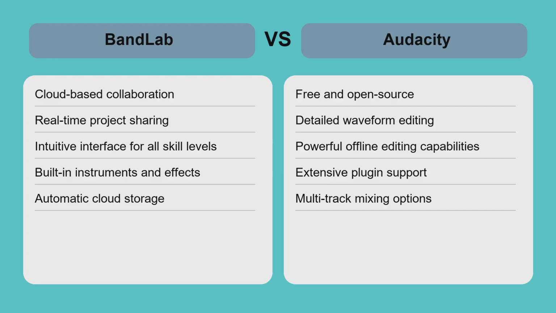BandLab and Audacity serve different needs in audio editing. BandLab excels in collaborative workflows, cloud access, and social sharing, perfect for remote teams or creators who want instant project access online. Its modern interface and integrated instruments simplify music production but rely on internet connectivity. Audacity offers advanced offline editing with precise control, ideal for users focused on detailed audio work without distractions. It supports a wider range of plugins and formats but lacks collaboration features and cloud convenience.